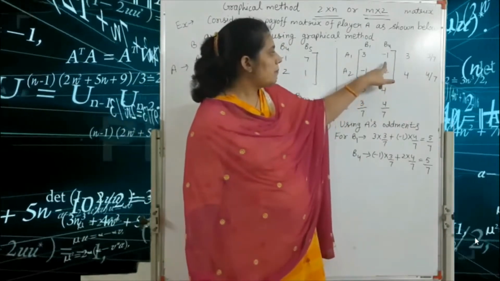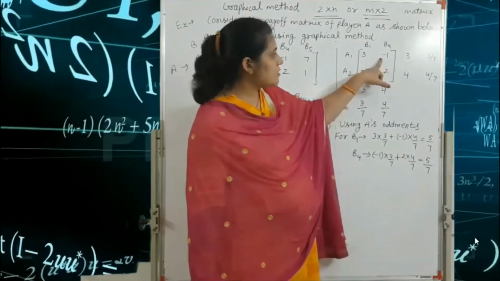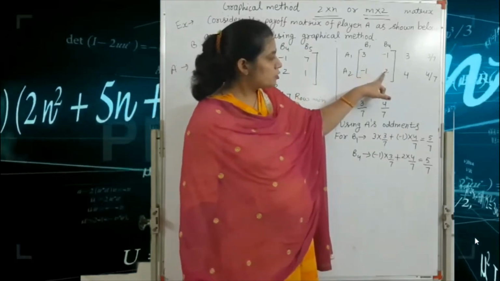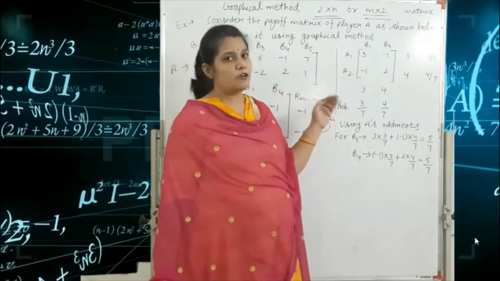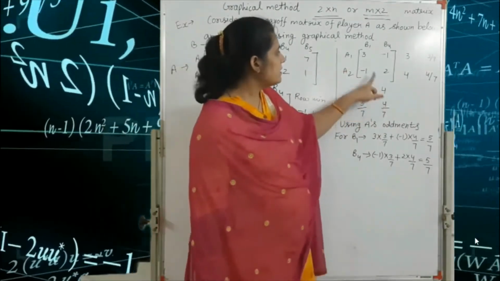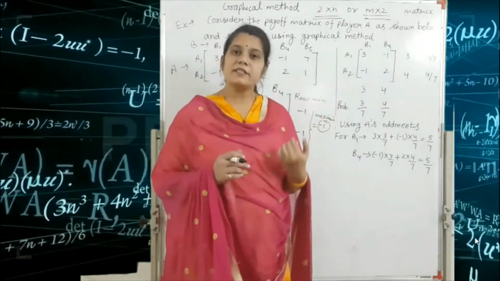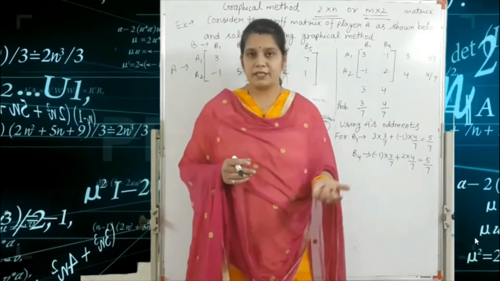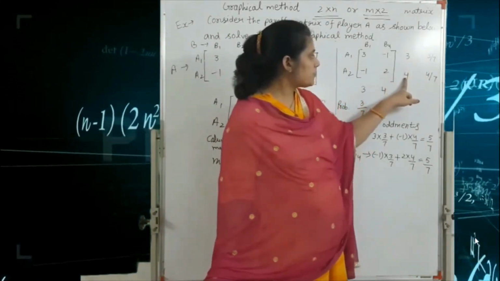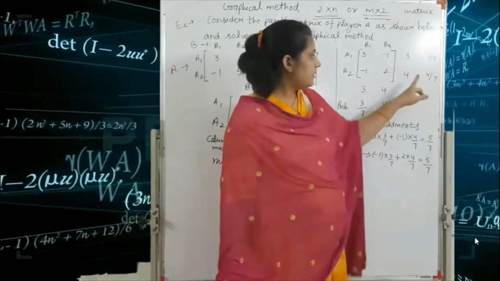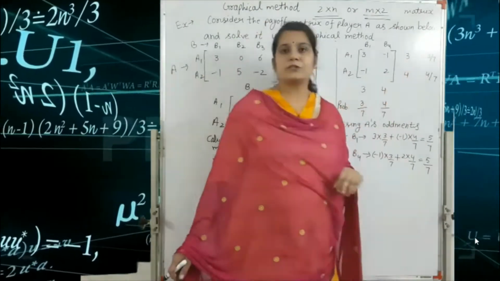So 2 minus minus 1, that means plus 3, or you consider the minus 1 minus 2. So this is the minus 3, so you write here plus 3 because we ignore the minus sign for the oddments method, and here 3 minus minus 1, so we write here 4. Okay, after that we find the probability. So probability is what? Here 3 divided by 3 plus 4 equal to 7. Next one is the 4 divided by 3 plus 4 equal to 7.